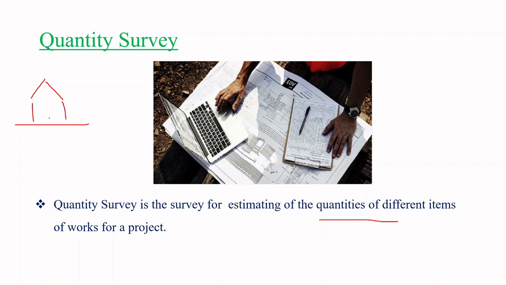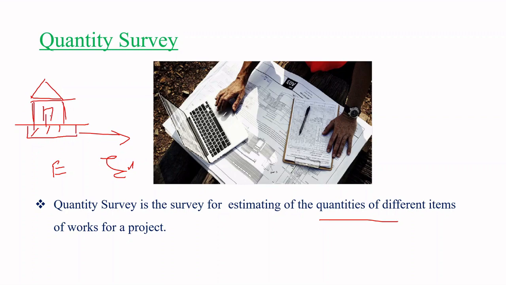So for this building, okay, for example, you need to build a foundation, right? So for that foundation, what do we have to do? We have to do excavation. Okay, so excavation is your first unit of work. After that excavation, you have to build the foundation, second unit of work. Next, brickwork for wall, third unit of work. Next, roofing, fourth unit of work. Next, the doors and windows deduction, fifth unit of work.